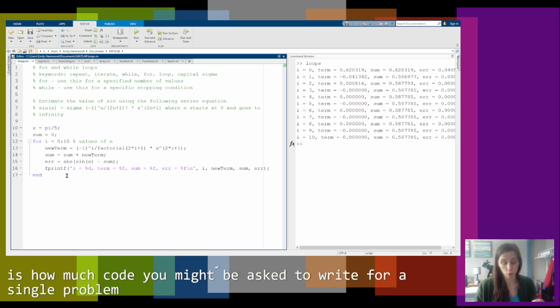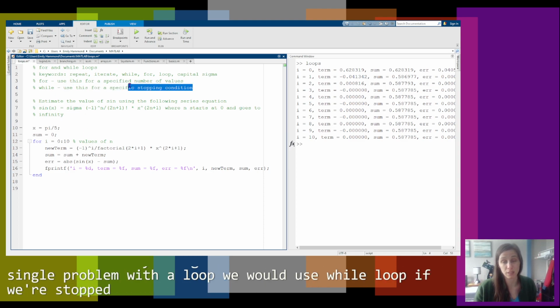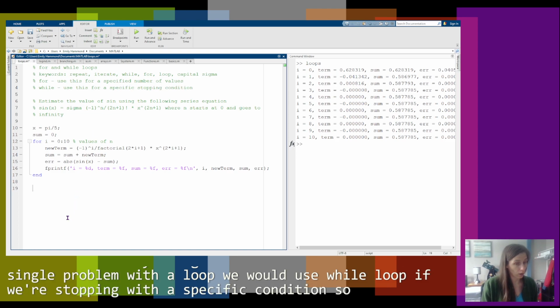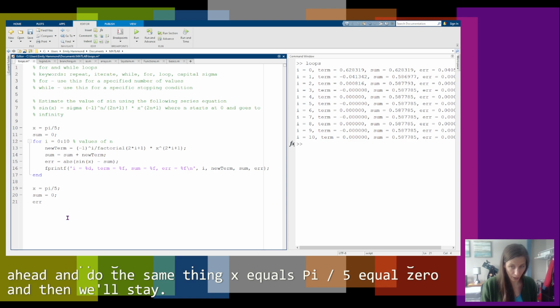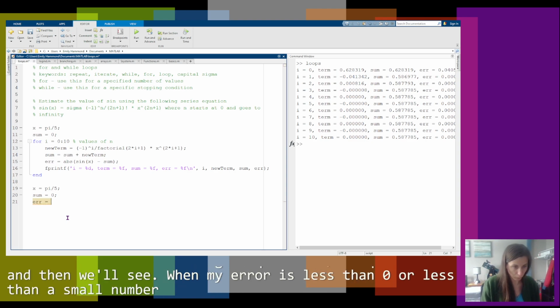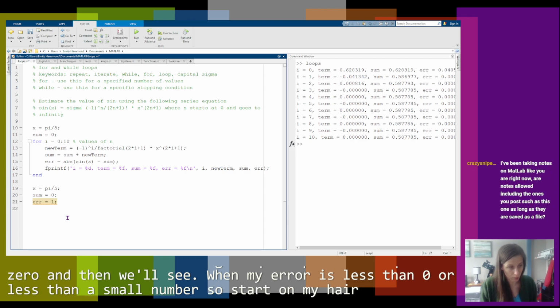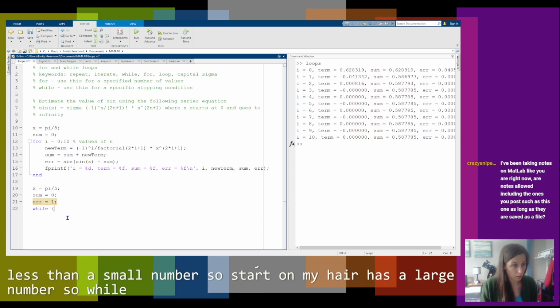This is what it looks like with a for loop. With a while loop, we would use a while loop if we're stopping with a specific condition. So I can go ahead and do the same thing, x equals pi over 5, sum equals 0. And then we'll stop when my error is less than a small number. So I'll start out my error as a large number. So while